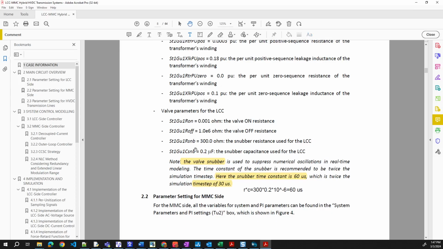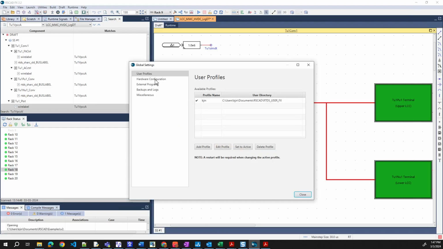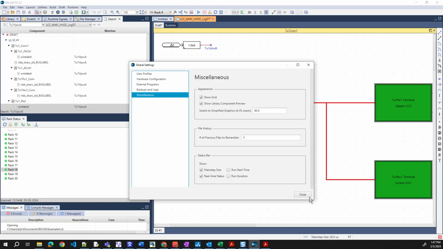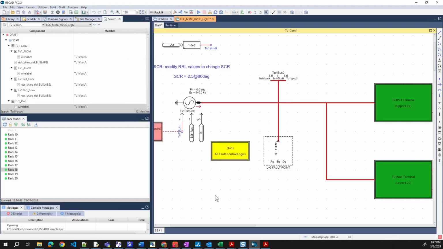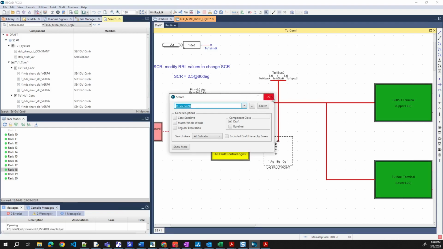So I just wonder, if I search this, it should tell me where they define all these constants. Unlike PSCAD, do we have a global setting here? No. In PSCAD, we can set all the parameter values in the global settings. This is not. We can search only in the draft, with match whole word, regular expression, and case sensitive options.